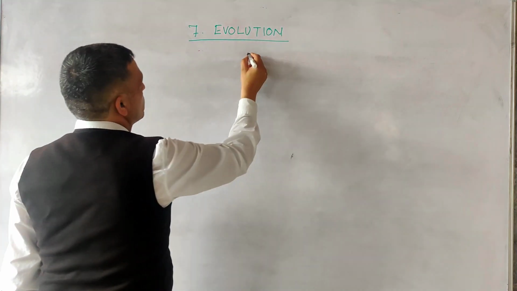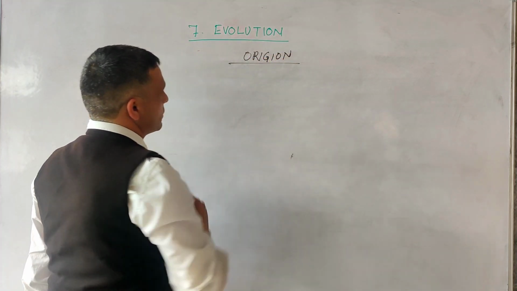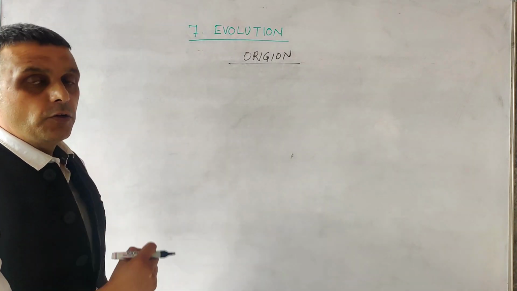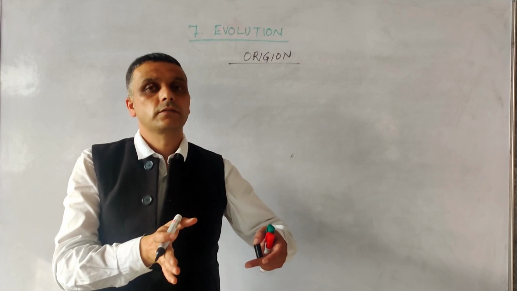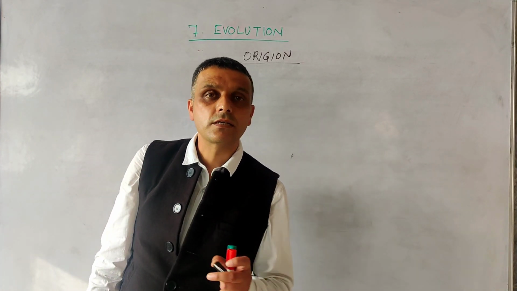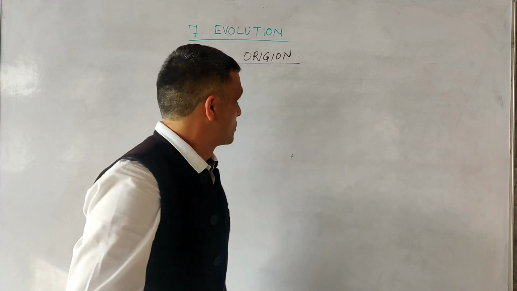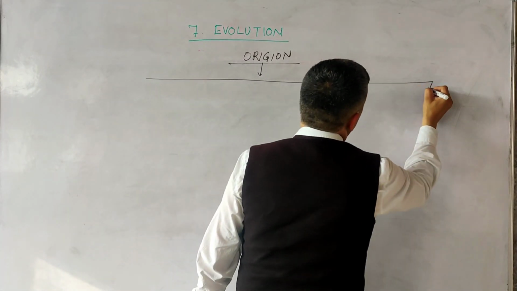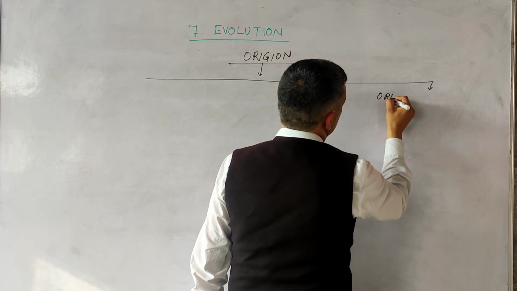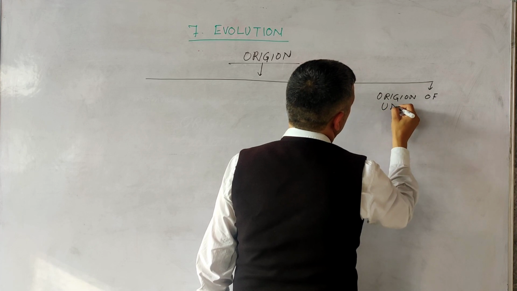So we take first part, that is origin. And when we talk about the origin, it includes, along with the origin of life, the origin of Earth, origin of our solar system, and origin of universe. So we took these one by one. First one is origin of